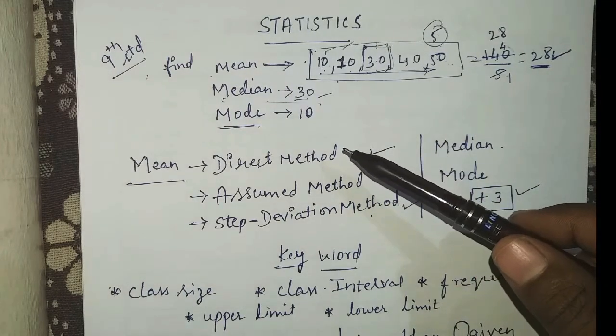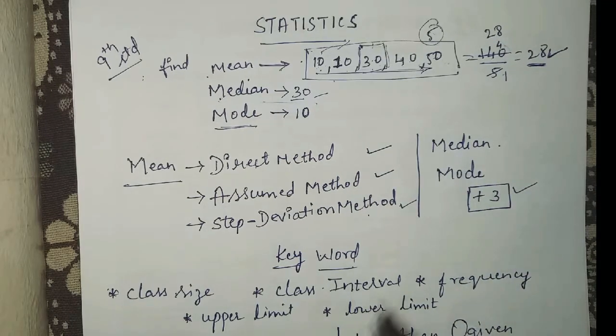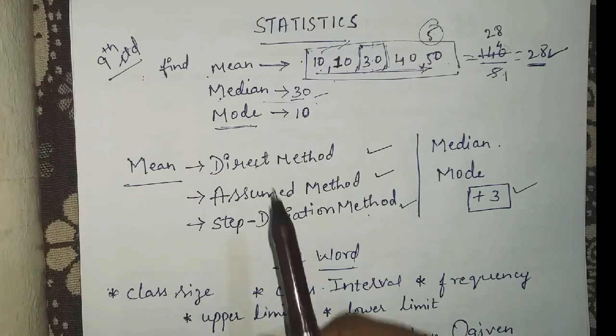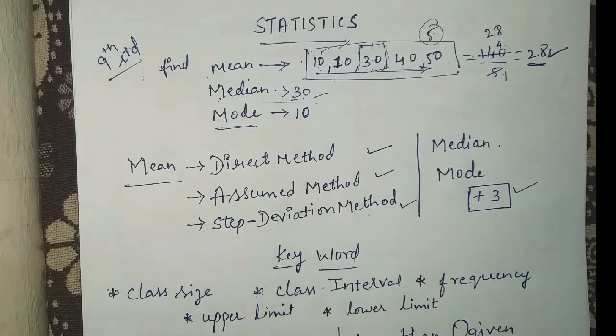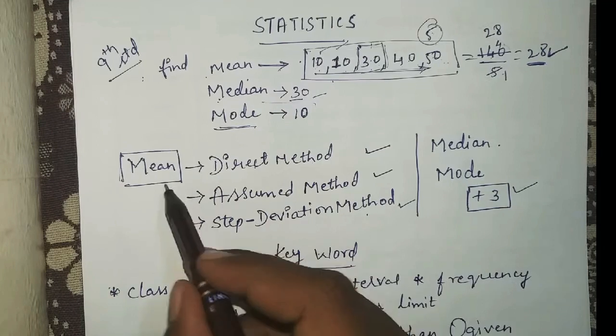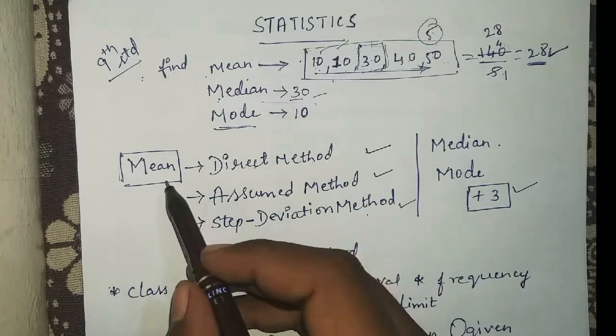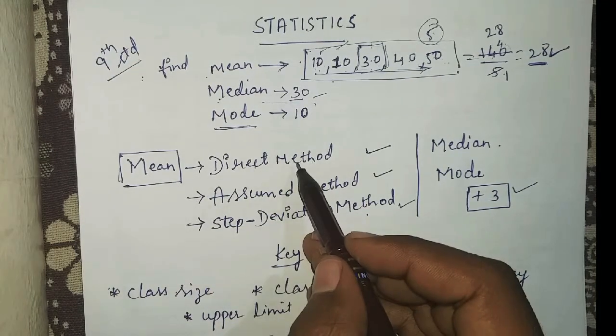So totally how many formulas? 1, 2, 3, 4 and 5. Additionally, you will get 3 formulas. While doing problems, you will come to know what these 3 formulas are. Got it? So totally you will get 8 formulas. Okay, so now starting, I need to find the mean. We'll start finding the mean by the direct method, and then the assumed mean method and step deviation method. First we'll consider how to find the mean by the direct method.